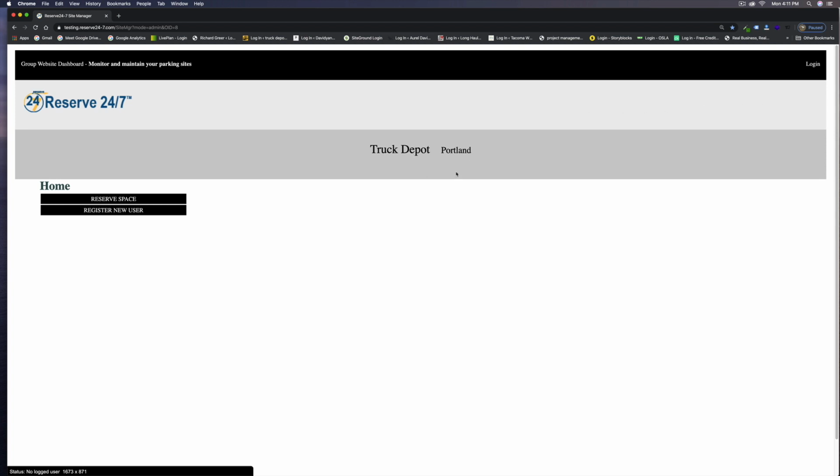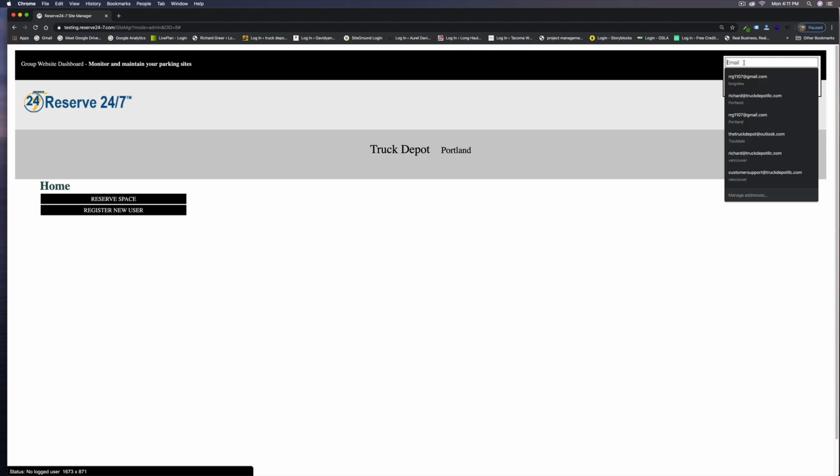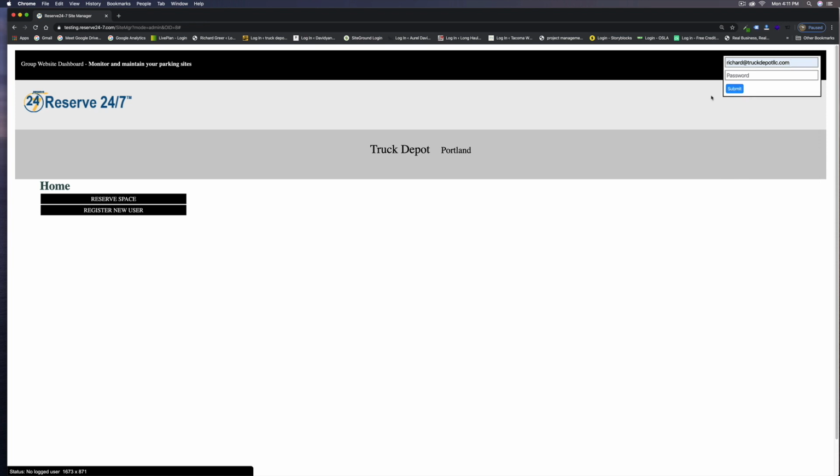So you'll go over to the top right and you'll see the login button. You'll click on that. You'll see immediately it comes up blank with an email address and the password. The email address is going to be the one that you use and you've set up. As you can see, it brings up this email address as the login username. And then the password, we'll type that in. Again, that will be set up when you are onboarded as a customer. You will click submit, and it immediately comes up into the columns and the spaces, like home, spaces, calendar, reservations,